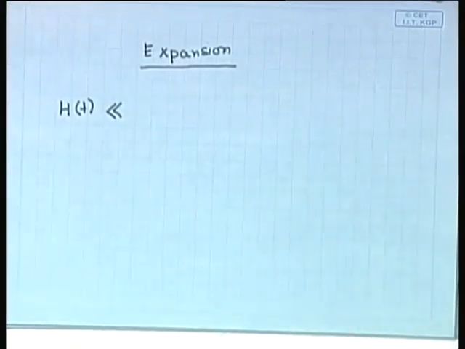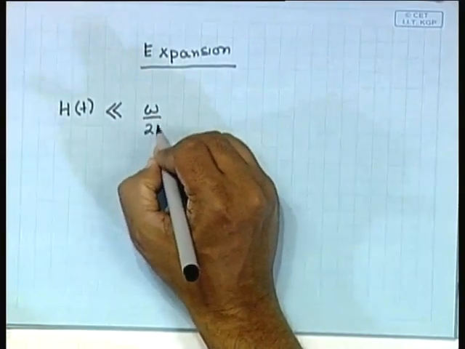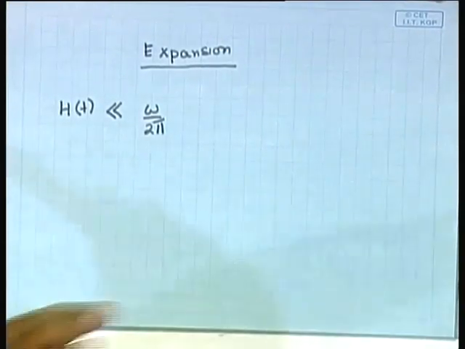The frequency is omega by 2 pi. Factors of 2 pi do not matter. So, the expansion rate is assumed to be much smaller. By the time many oscillations are completed, the universe has expanded by some percent, okay, and that is quite